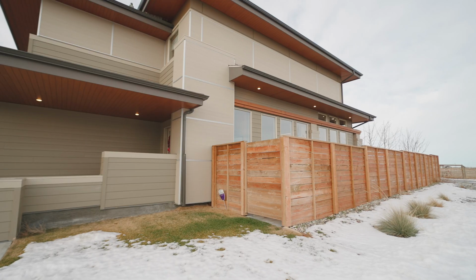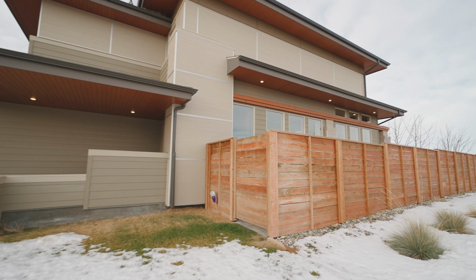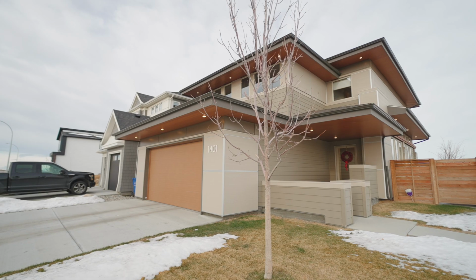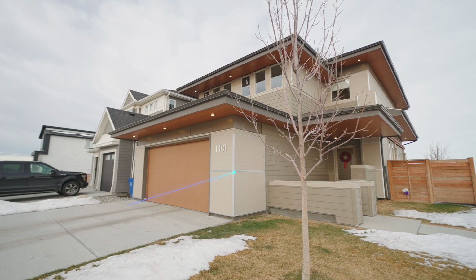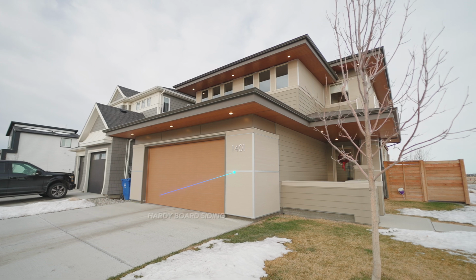Now, what I wanted to talk about a little bit more outside was the exterior, because you might not have been able to notice just from the video, but the entire house is actually wrapped in a hardy board siding, which is a composite concrete material actually. So it makes it very durable. It's also less loud, or quieter I should say, in the wind, which is a big bonus being on the